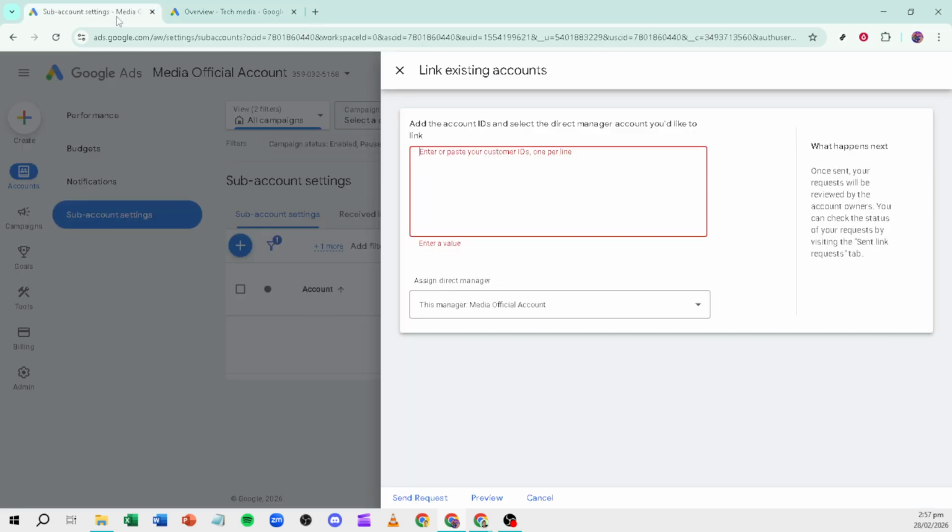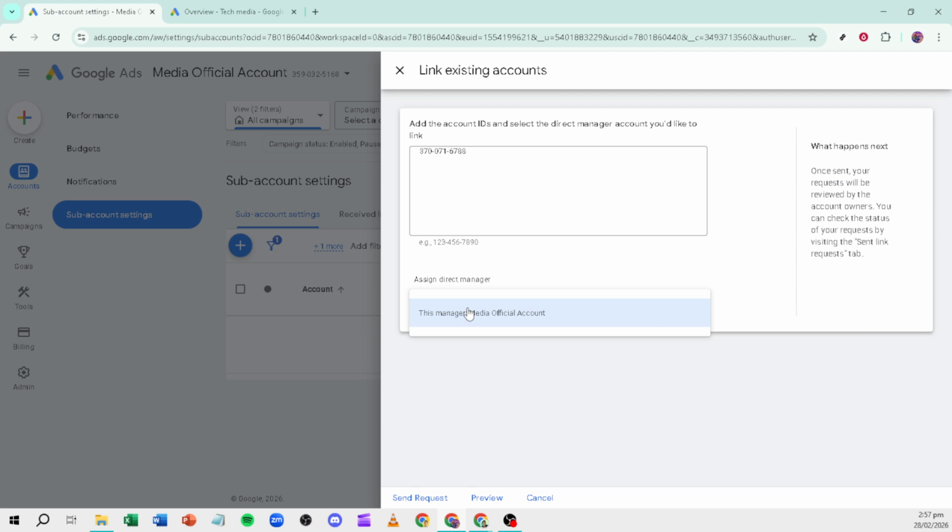Google Ads immediately notifies users on the existing account by email that your manager account is requesting access. You'll also see your request listed as pending in your sub-account settings until it's acted on. Those users must accept the invitation before the link becomes active. If they don't see the email, they can find the request directly in their Google Ads interface. It's normal for approvals to take a little time, so a quick heads up to the account owner can help